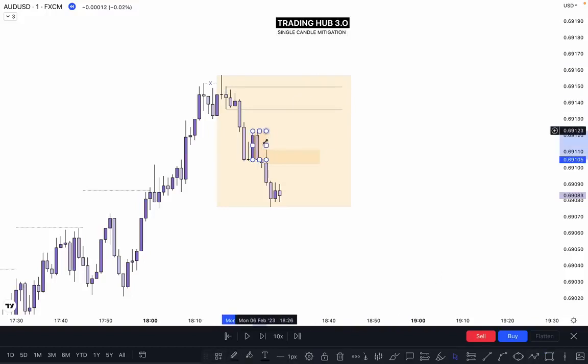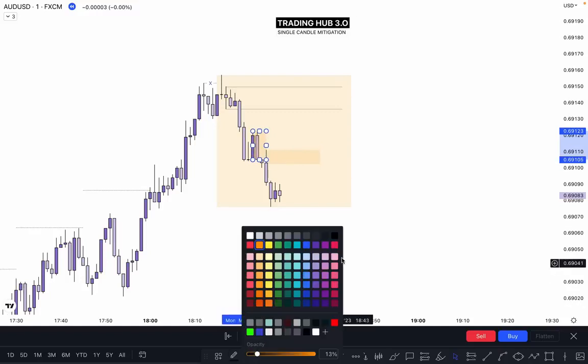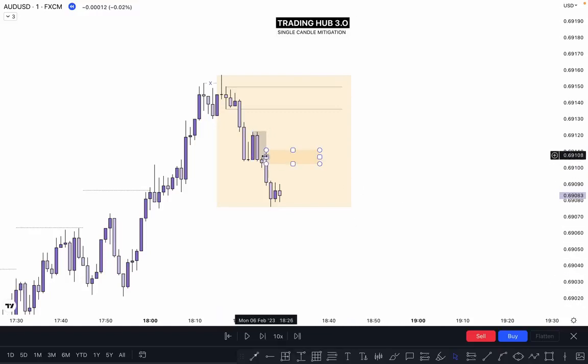This order block is already mitigated here, so we will not use this order block because this shadow is mitigated by this move, and this shadow is unmitigated here. So right now we have a 1 and 2 POI. First one is a gap and second one is an order block, and this one is not much valid compared to